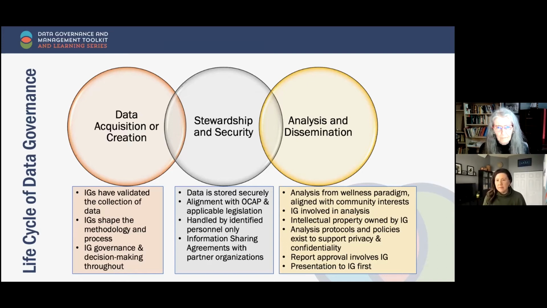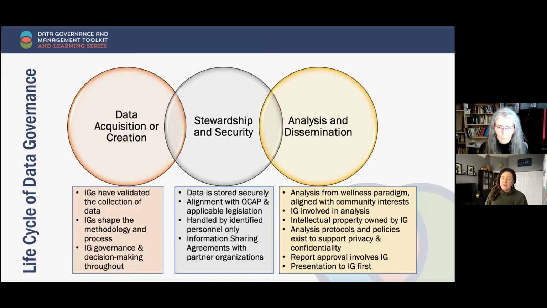Again, Laurel talked about small cell sizes. So how we do the analysis and how we release the results has to protect people's personal privacy. If we're publishing some sort of stigmatizing type of data, let's say about substance use or teen pregnancy or something like that, we're doing so in a way that protects people's privacy. Approval must be done in a way that involves the Indigenous government, if not entirely rests with them to decide.